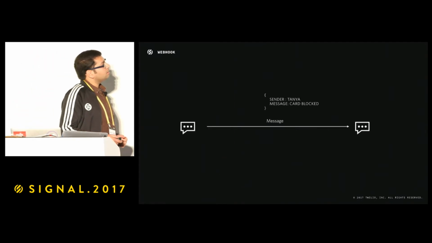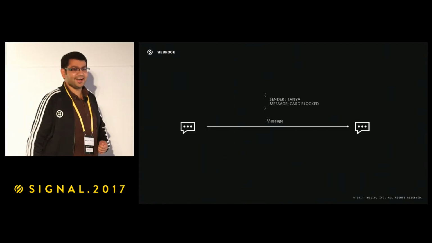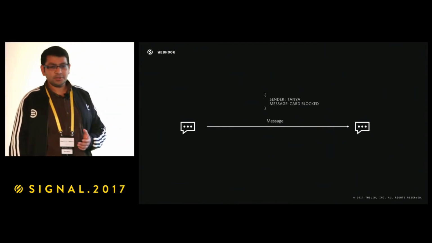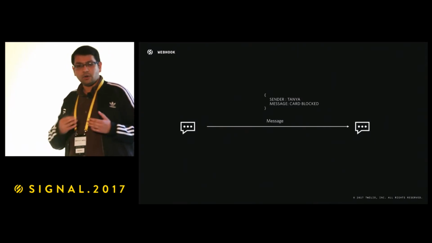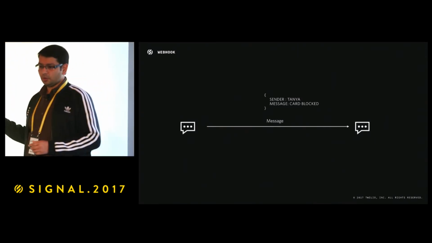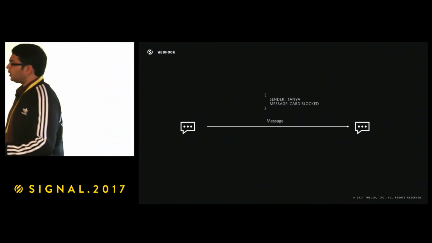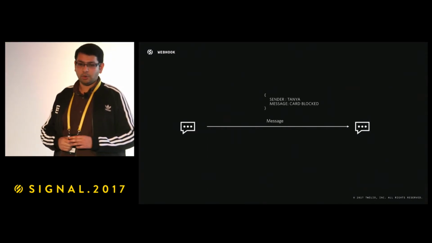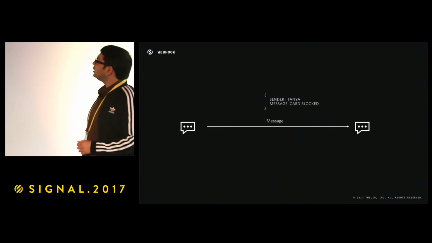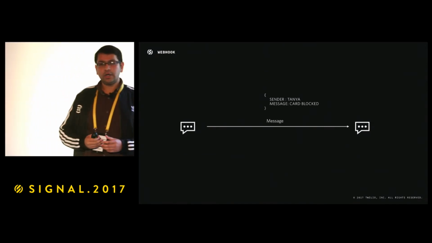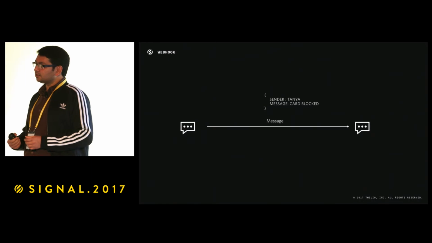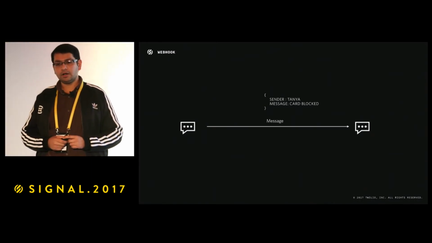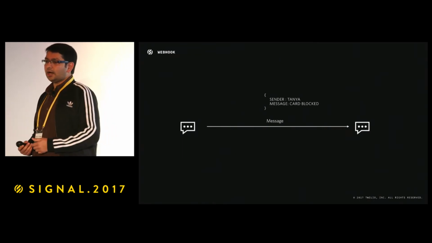So in a linear chat, I don't know why I walked over here. I've got a clicker. So in a linear chat, what happens? You have participants, and a participant on side A will send a message to a participant on side B. Essentially, it would have two important things, which is who is sending it and what the message body is. Good enough, and usually this is fine, it works well. But when you want to do more intelligent things around this chat, some of the things that Tanya was expecting her provider to do, then this linear chat doesn't help.